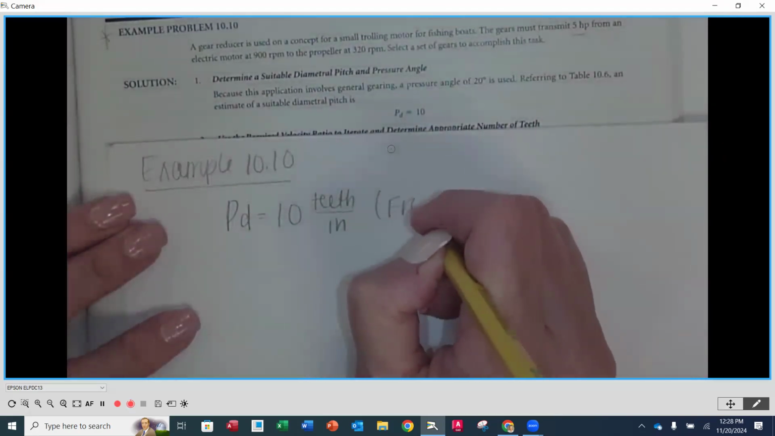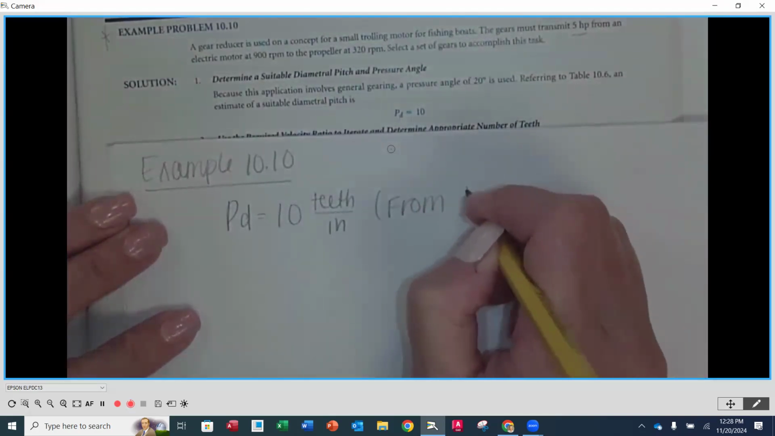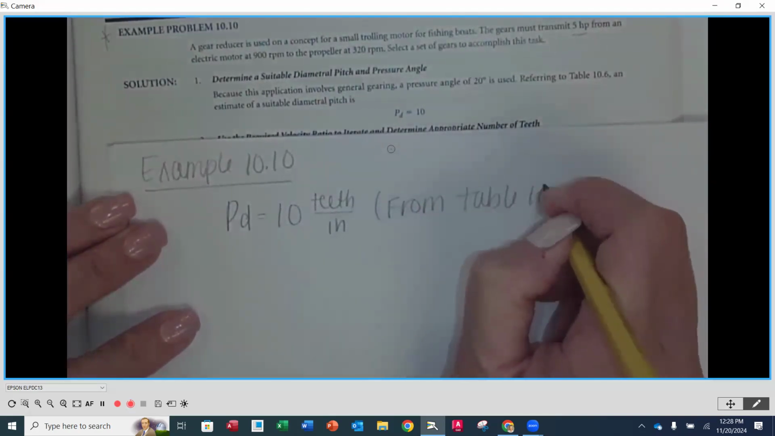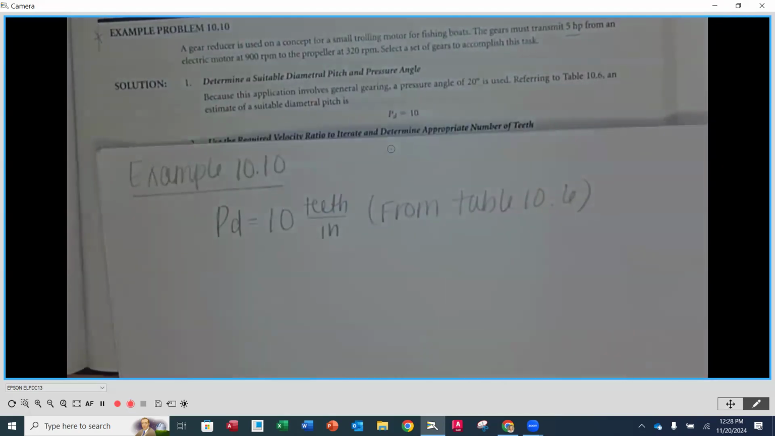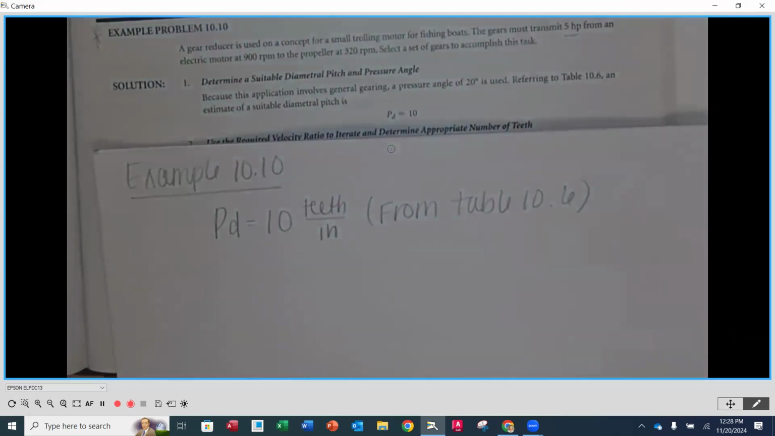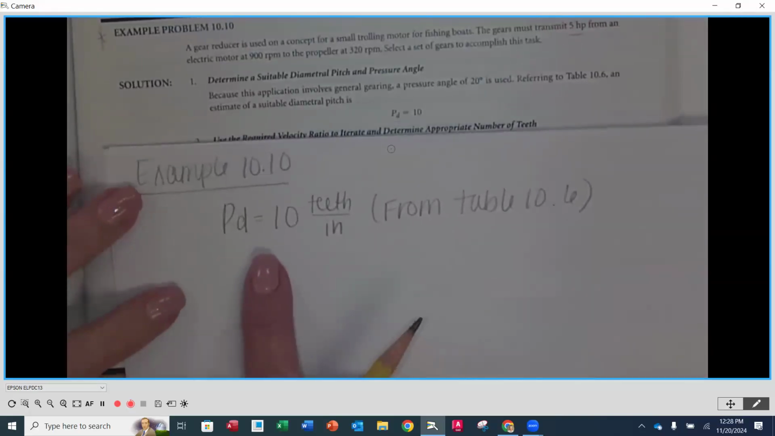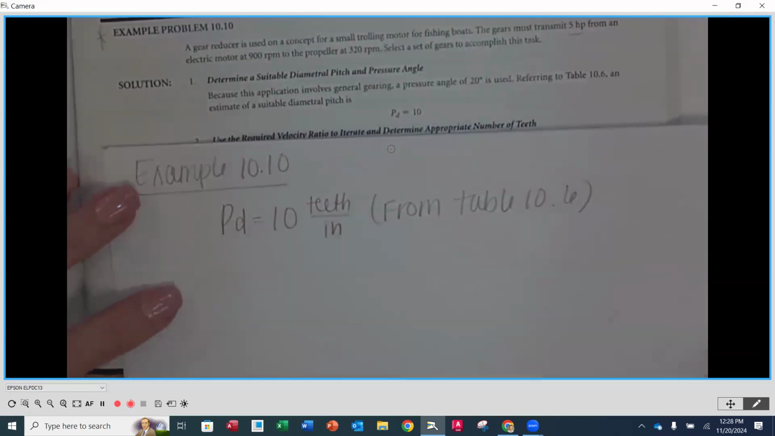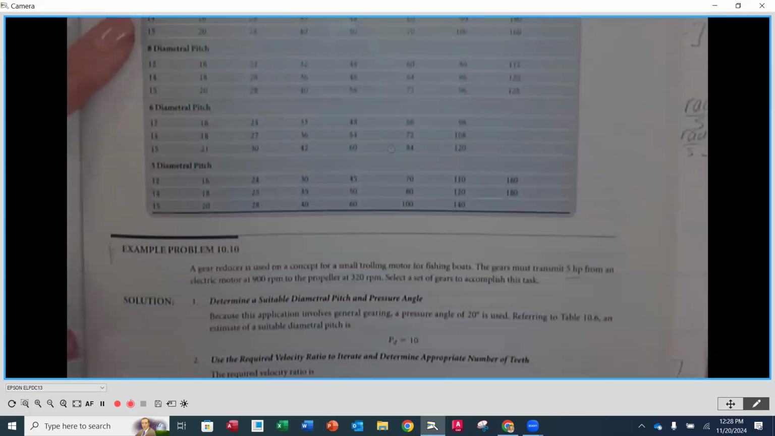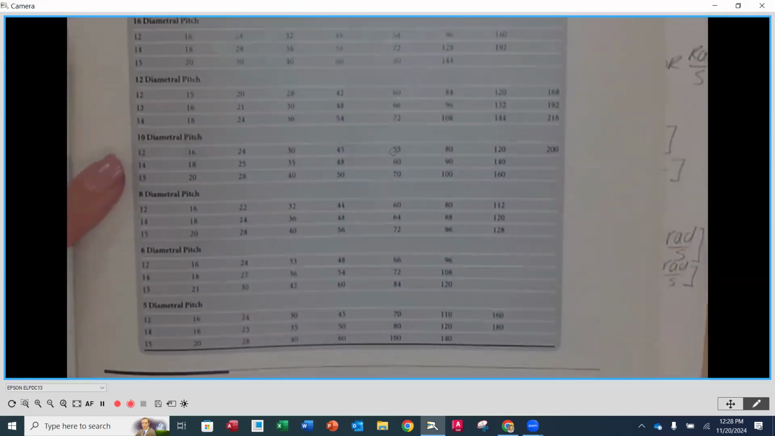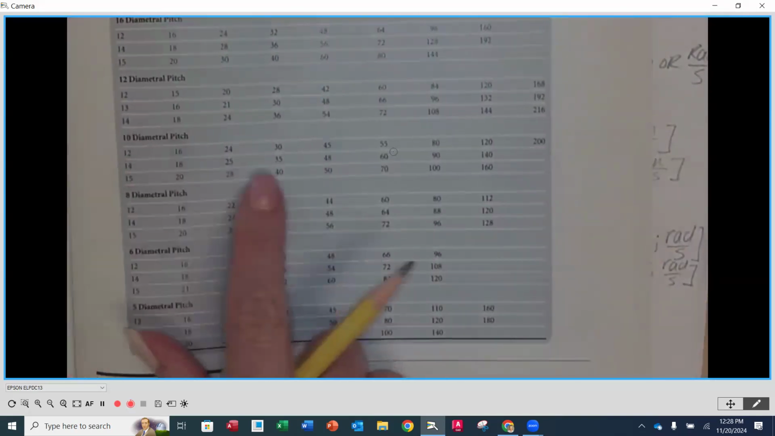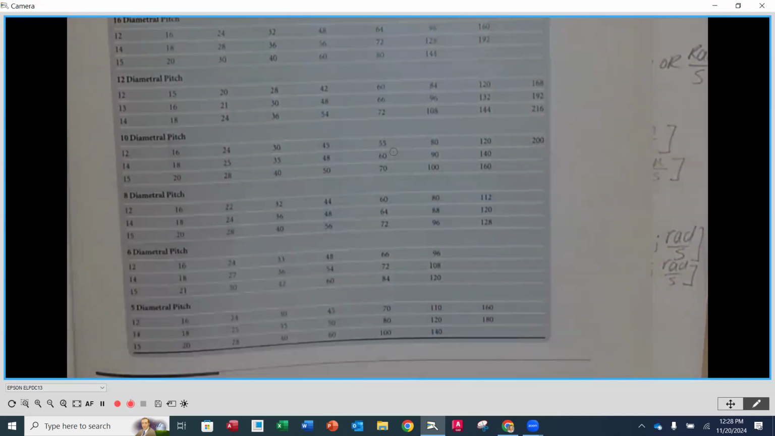And you can just say from table 10.6. I want to make sure that you know where you're getting that from because you will be having to specify it in your assigned problems. Now, this means that our diametral pitch of 10, we're going to go directly above here. In table 10.7, we are going to focus on this section right here where we have a diametral pitch of